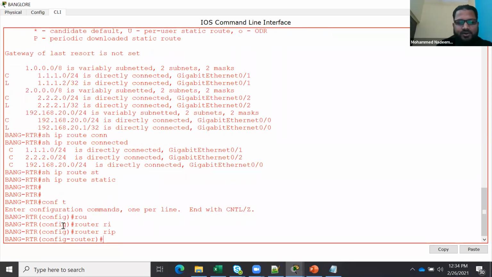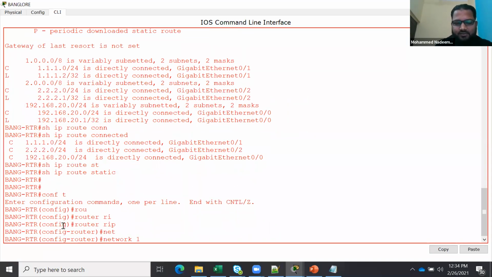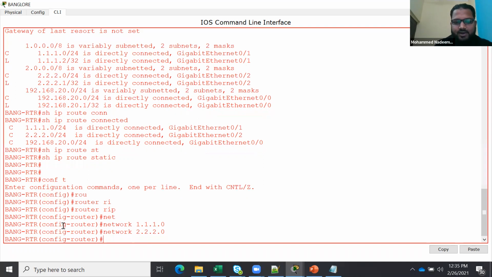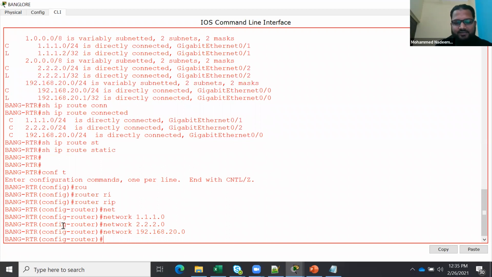You don't need to define remote networks, you just advertise your own networks. I will say network 1.1.1.0, one WAN, another WAN is 2.2.2.0, and my LAN is 192.168.20.0. Finish. My LAN is defined.